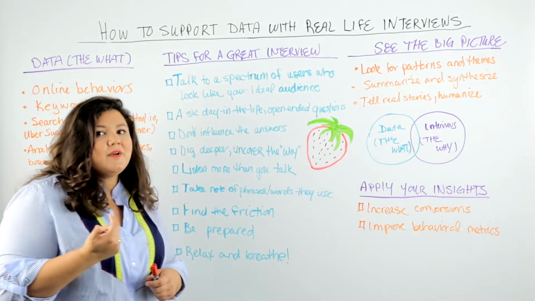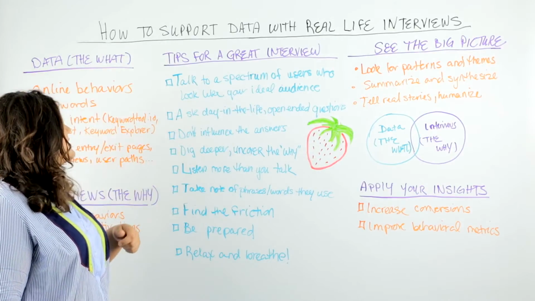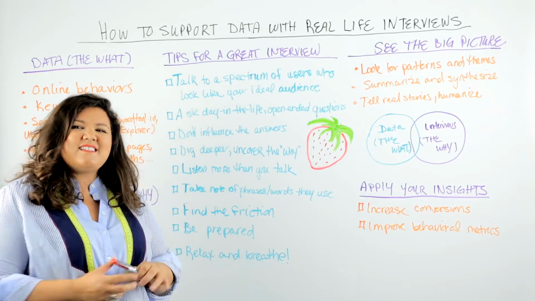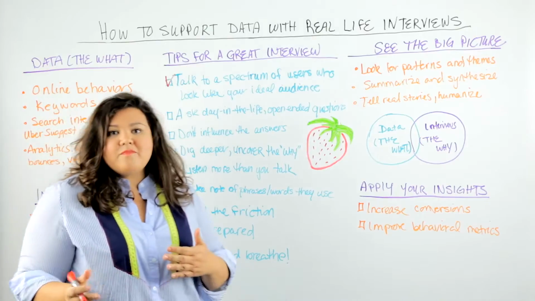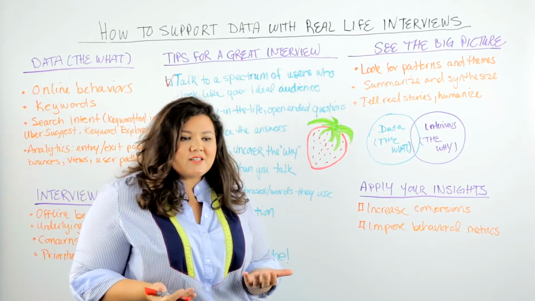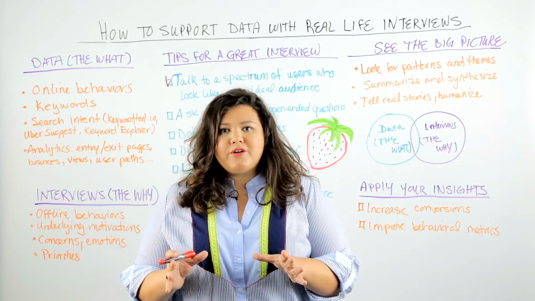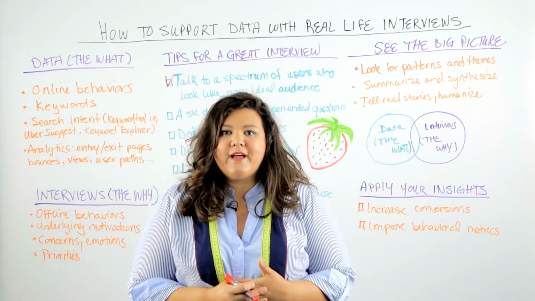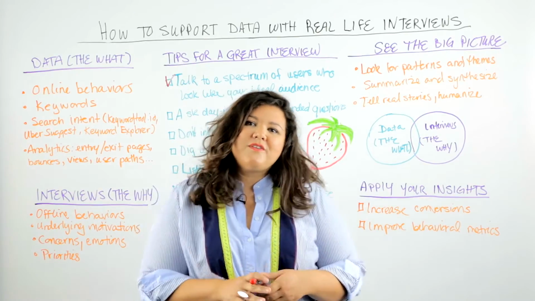Let's talk about some tips that are going to help you make smarter interview decisions. So the first one is to talk to a spectrum of users who represent your ideal audience. Maybe, like with this berry example, their ideal customer tends to skew slightly female. You would want that group of people that you're talking to skew that way too. Perhaps they have a little more disposable income. That should be reflected in the group of people that you're interviewing, and so forth. You get it.